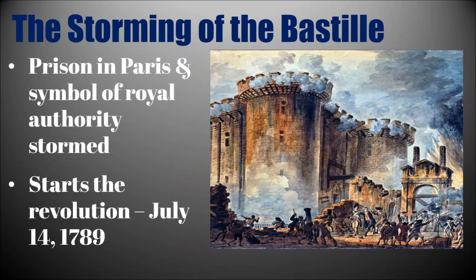And eventually coming to a head with the storming of the Bastille, which was a prison in Paris that held a whole bunch of the arms and munitions for society during the time period. It was a symbol of royal authority, and it begins the revolution on July 14th of 1789, which is also symbolic of something similar to what we know as Independence Day or the 4th of July in the United States. So the storming of the Bastille tips the revolution over the edge and begins this time period of intense chaos and ultimately some bloodshed,